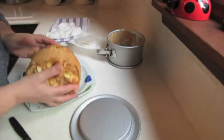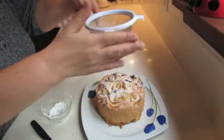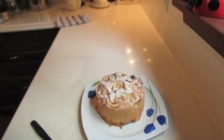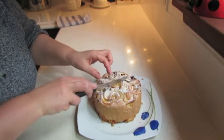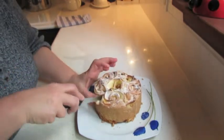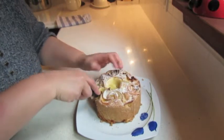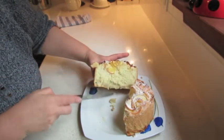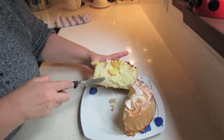There's apples, of course, it's moist at the bottom. Done. And now I will cut it, just a piece out. Here it is. That's an apple layer, sponge, and apples on the top. It's a delicious, very soft,